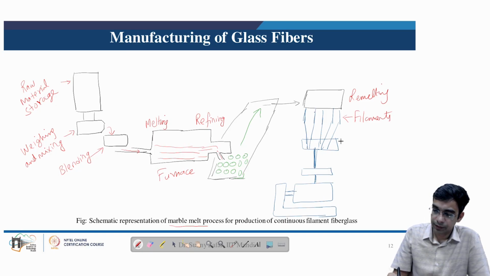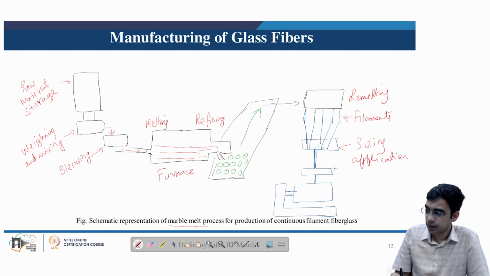And then after all the filaments pass and are combined to form the strand, sizing, that is the chemical applied which acts as the lubricant, is done. So sizing application is at this stage, and then the strand that is produced is traversed, and this is then wound here